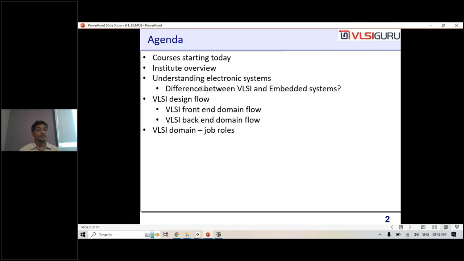Then we'll talk about what the different job roles are in the VLSI domain. If you say software, there are two or three job roles: one is the developer, one is the test engineer. Here it's not as simple as that. You don't have two roles, there are many. If you go to any company, there could be 15 different job roles. Someone could be a design engineer, someone could be a verification engineer, synthesis engineer, physical design engineer. We'll briefly understand the difference between these job roles. The purpose is to ensure that you have the complete details before you